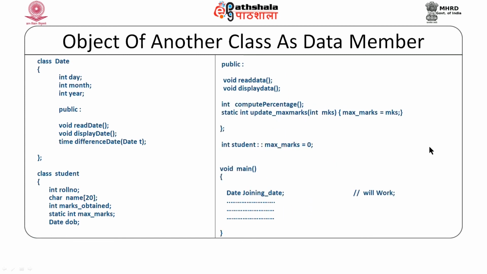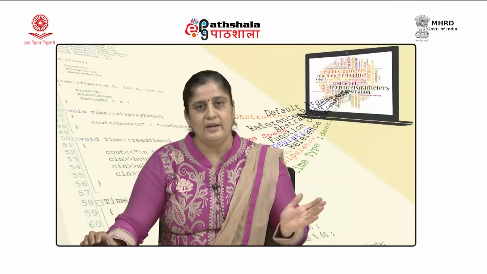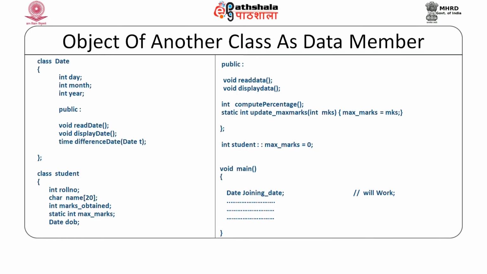Within these functions also, if we want to create an object of this class, we will be able to do it. Not only this, since it is globally defined, outside the student class, this will also work, because now this definition is no longer local to student. It is available to the student class as well as to all other functions that we define in a program. So, this is a better way of handling this case.